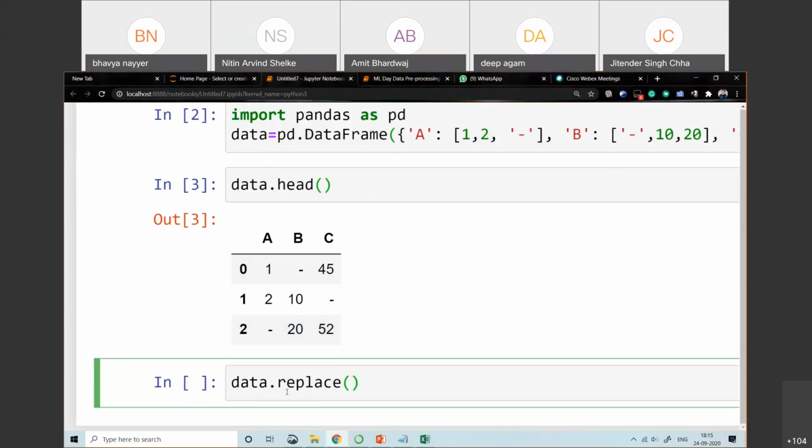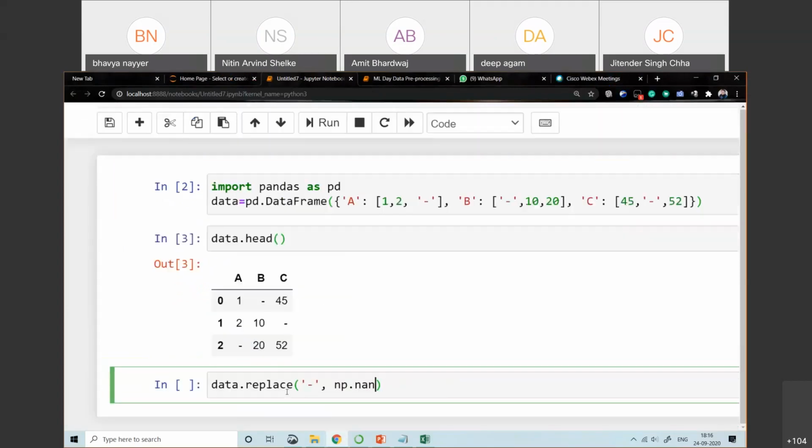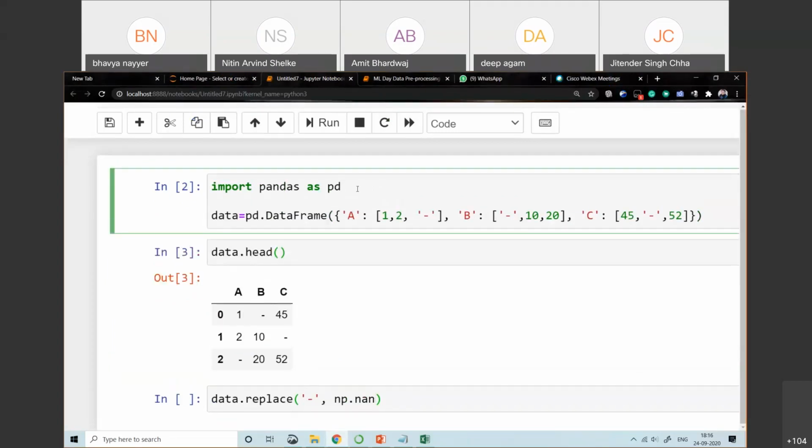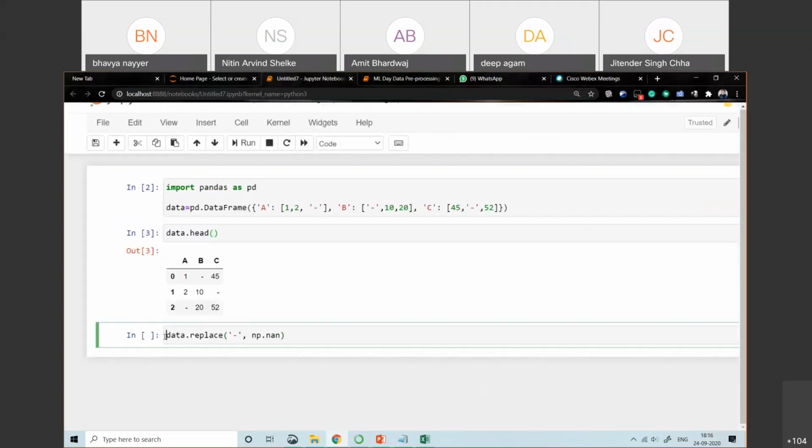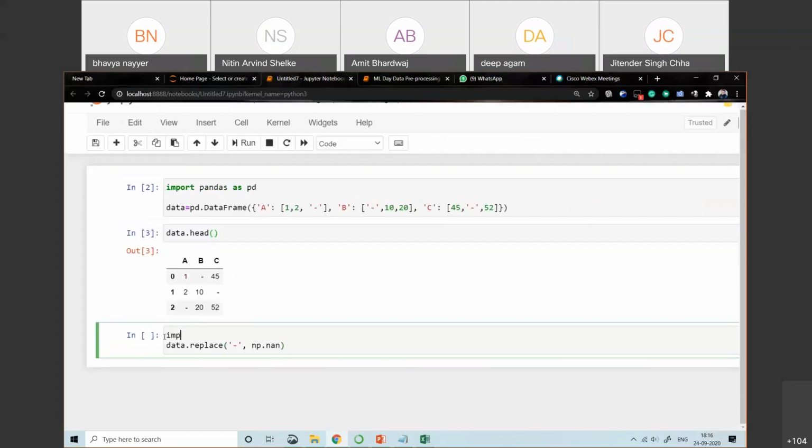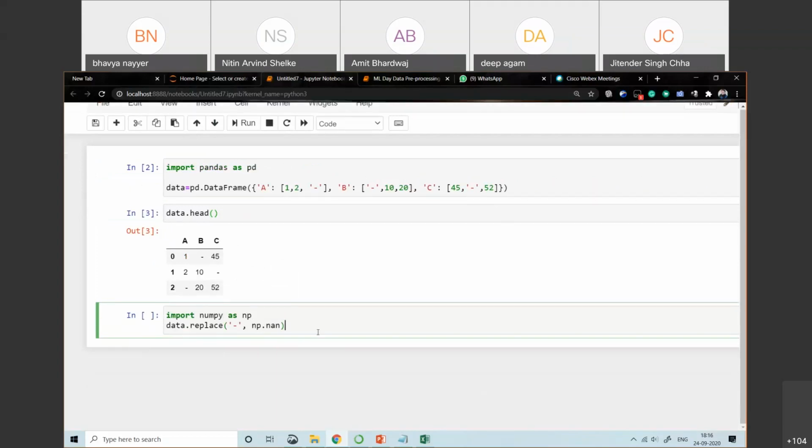And what we need to replace is that particular hyphen, whichever value you take, and you want to replace it with the help of np.nan, right? That should create the null value. And if you are using np, then you need to import one more library, that is import numpy as np. Okay, so let me just show you.